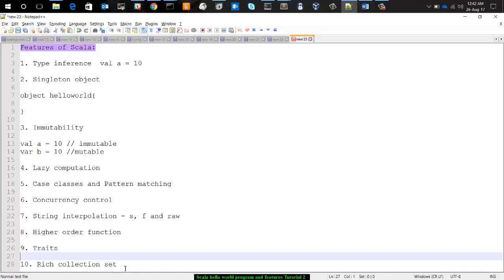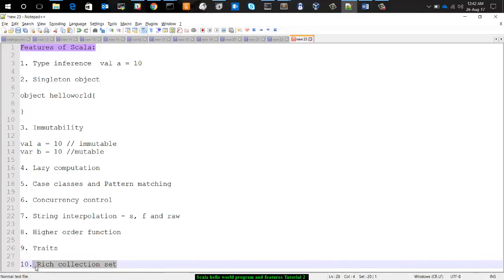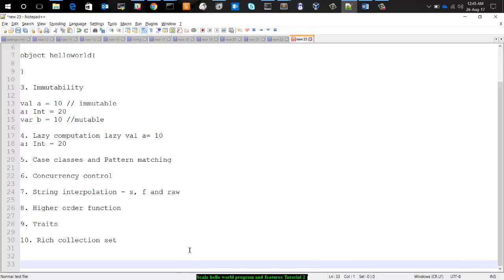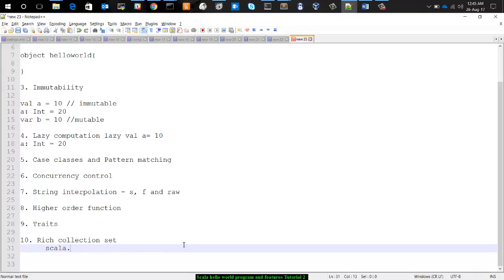The last is a rich collection set. Similar to Java, Scala also contains a rich set of collections. In Scala collections, there are two types. One is scala.collection.mutable.